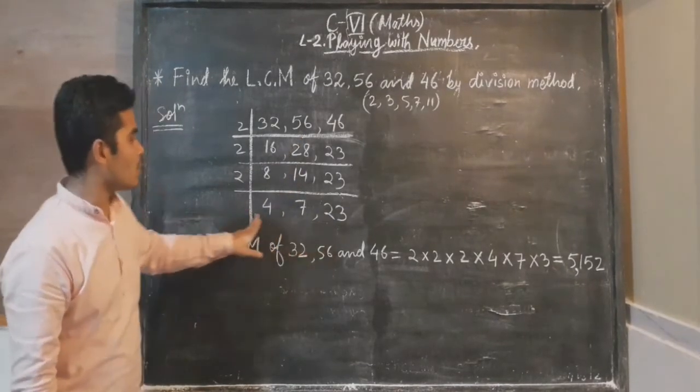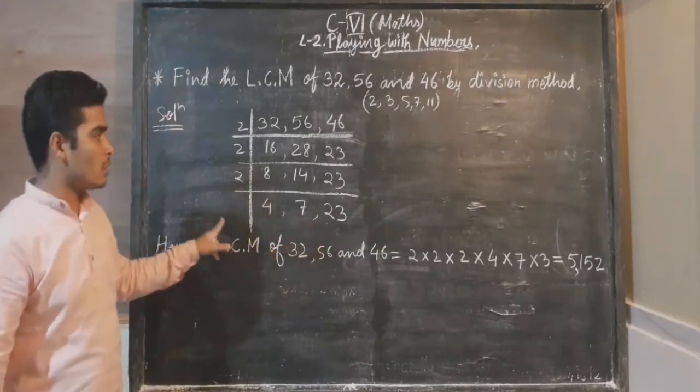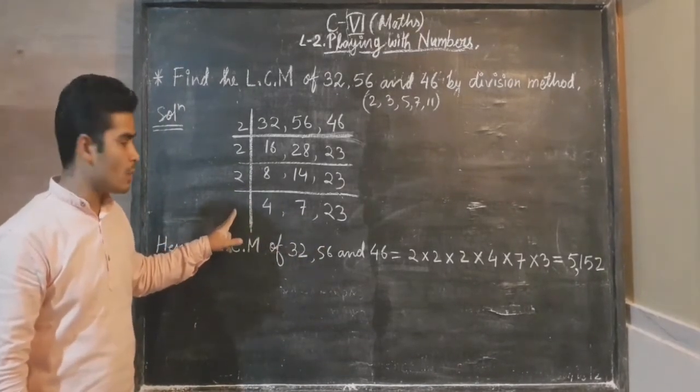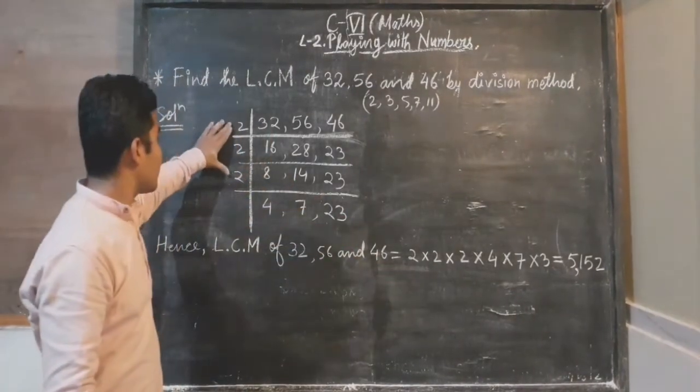Now you can see that these three numbers are not divisible by a particular prime number. You can see these all are different. So if you find it like this, then we should not divide further. So we stop there. And now what should we do? We will write these 3